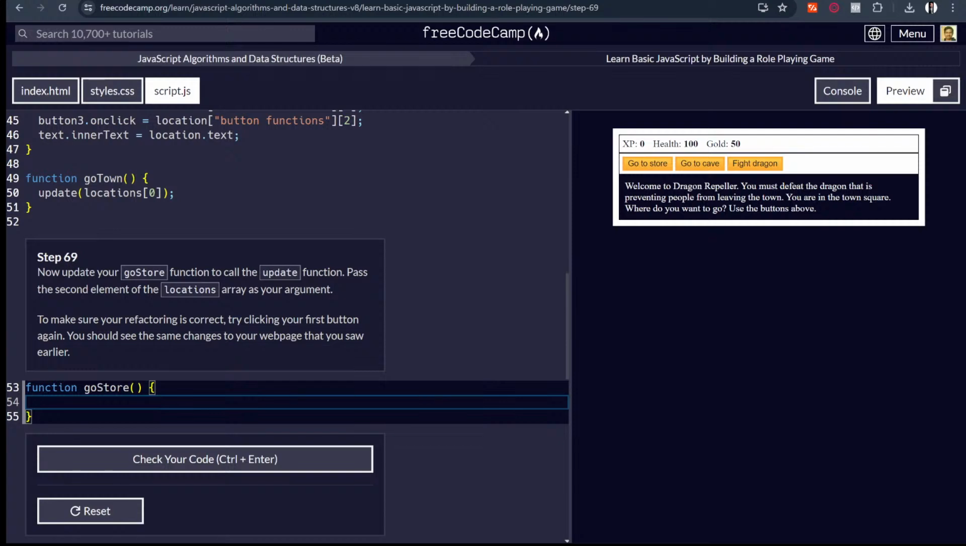Now we are back. Yes. So now update the go store function to call the update function. So we are to call the update function as the second element of the locations. So we are to pass the second element of the locations